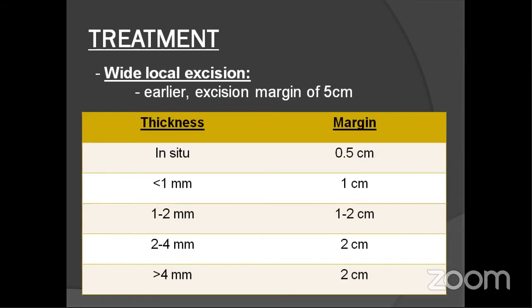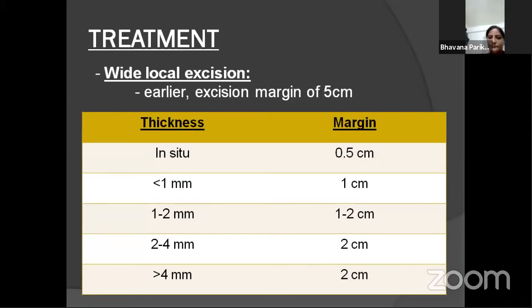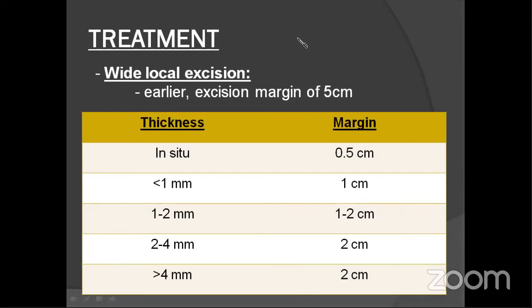Madam, for the limb, what would be the thickness of excision? It should be full thickness, or should we go all the way to the muscle, or stop at the superficial fascia or deep fascia? Suppose if you are taking a punch biopsy... No, no, I'm talking about full thickness excisional biopsy.